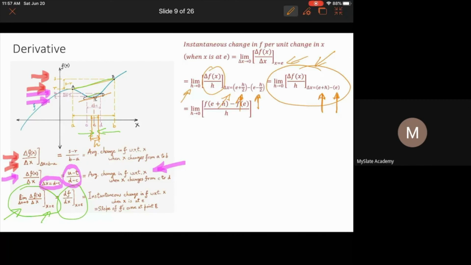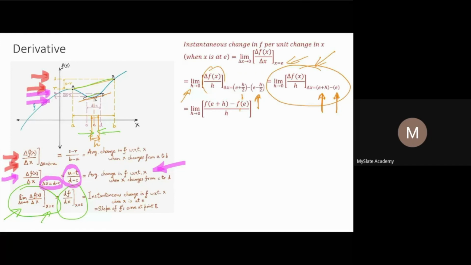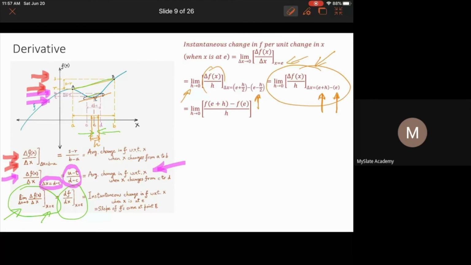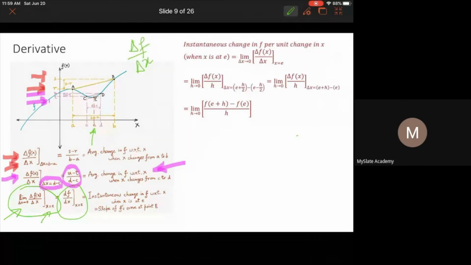So Rahul, one student wants to know just a recap on what is c and what is h. Yeah, sure. In this whole discussion, c is this point here. We are basically interested in finding delta f by delta x while we are at x equal to c. That's what we wanted to do, right? While you are at point c, what is the rate of change of f per unit change in x? And that's what point c is here.